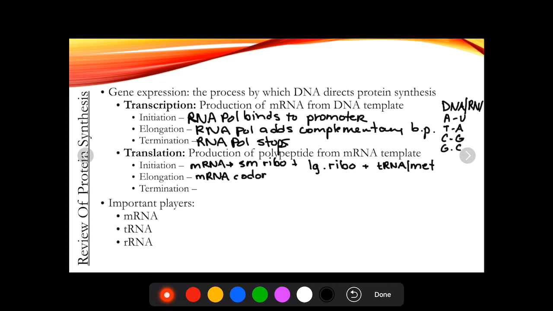And what are they going to bind to? And what does the tRNA bring? Okay, so the codon on the mRNA binds to the anticodon on the tRNA, bringing the amino acid, and that process is just going to continue until you reach a